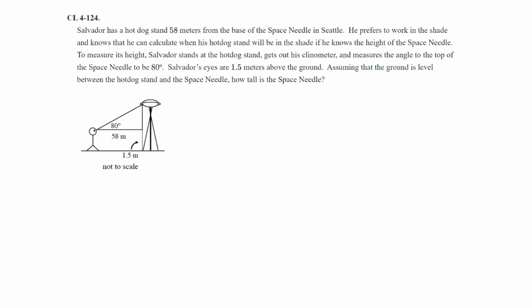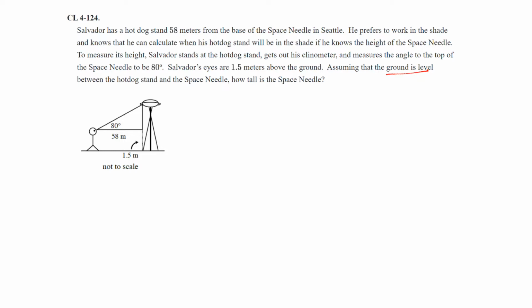Question 124. Salvador has a hot dog stand 58 meters from the base of the Space Needle in Seattle. He prefers to work in the shade and knows that he can calculate when his hot dog stand will be in the shade if he knows the height of the Space Needle. To measure its height, Salvador stands at the hot dog stand, gets out his clinometer, and measures the angle to the top of the Space Needle to be 80 degrees. Salvador's eyes are 1.5 meters above the ground. Assuming that the ground is level between the hot dog stand and the Space Needle, how tall